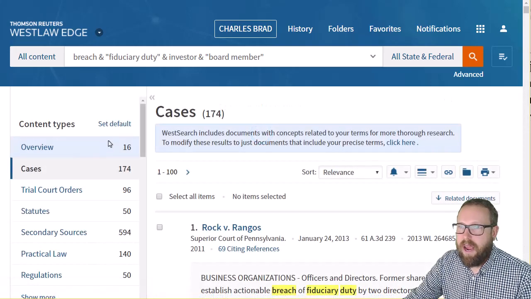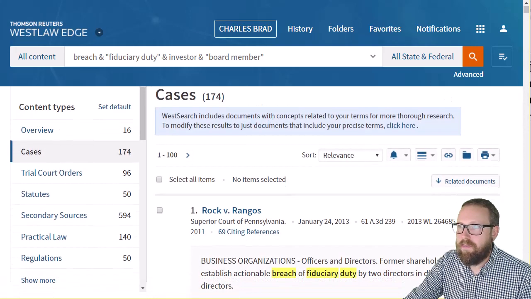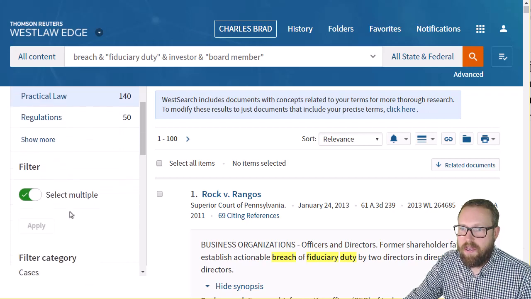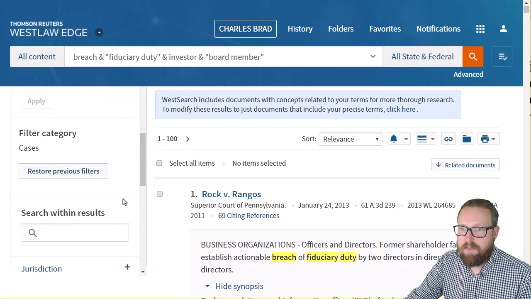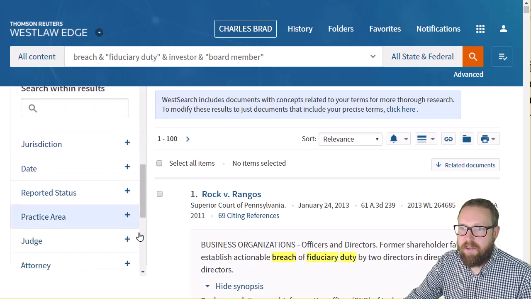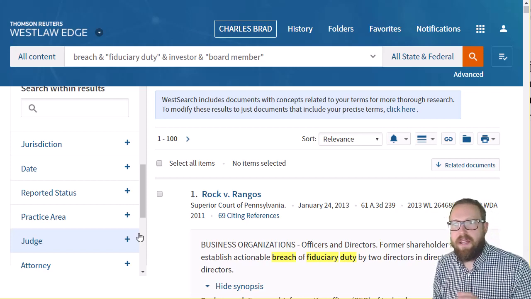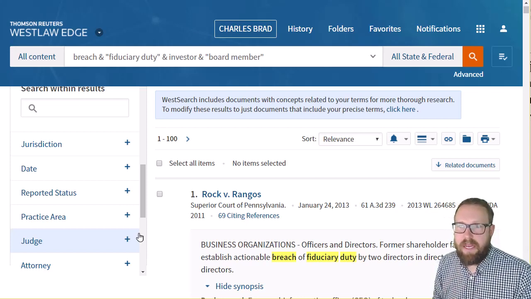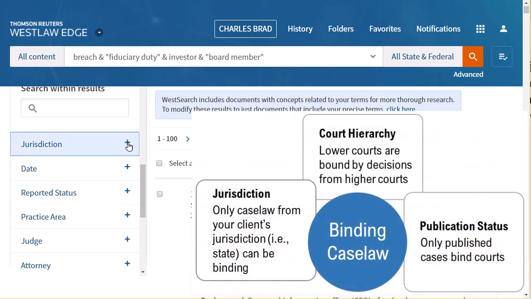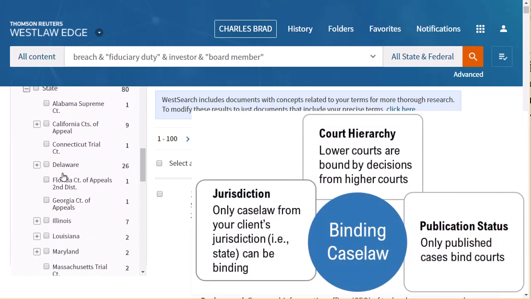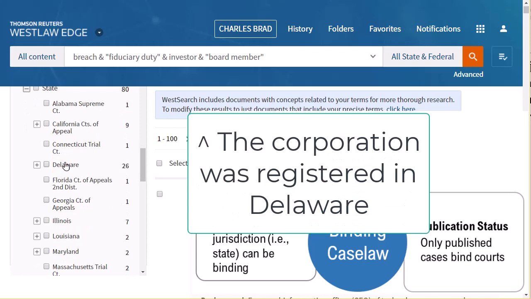So if you look over here, after you run the search, over here in the filters, be sure you're looking just at cases. And then right here, if you look just at jurisdiction and reported status, everything that you need to find binding case law is right here. So under jurisdiction, we want to go to state and then Delaware. And then in terms of court hierarchy,